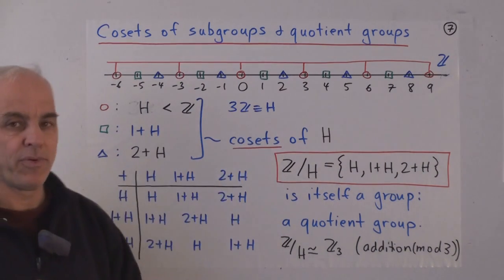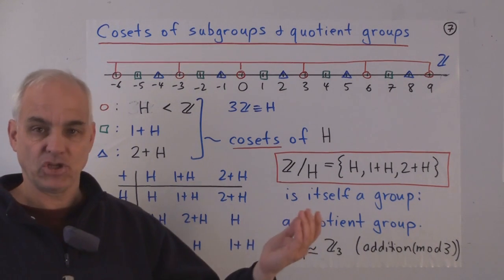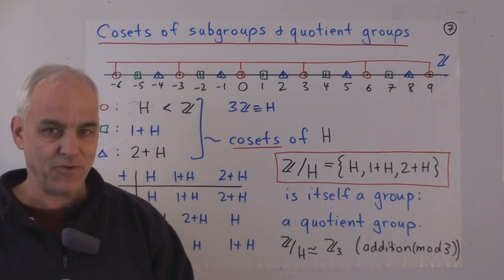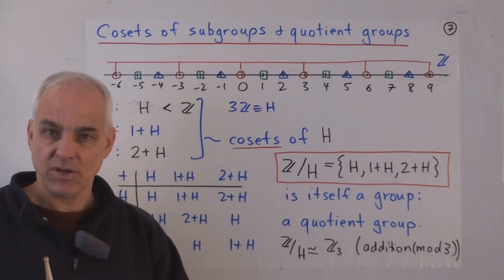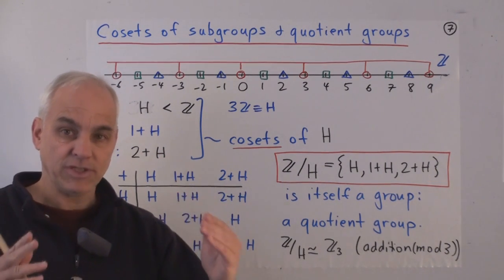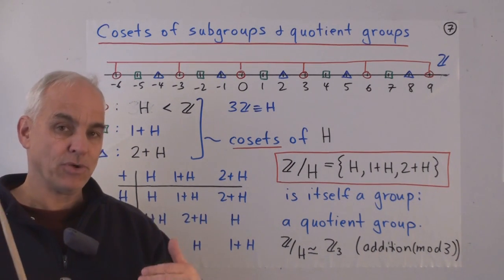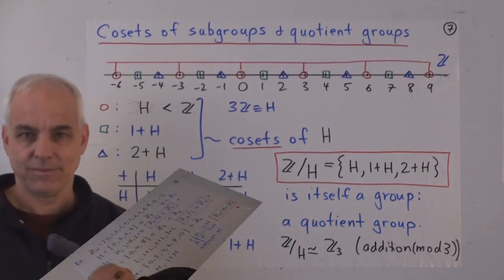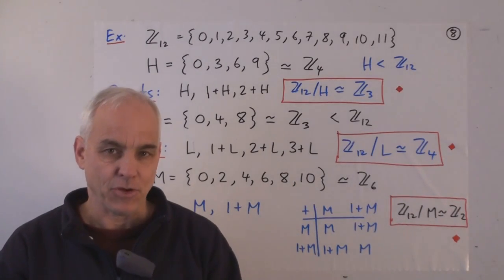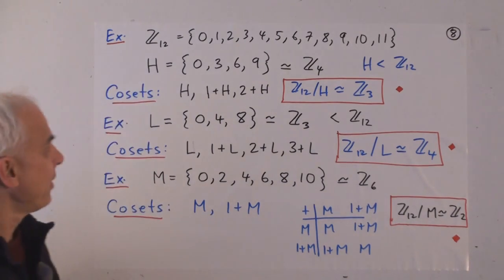So we have a commutative group, G. We have a commutative subgroup, H. Well, any subgroup of a commutative group has to be commutative. Then the quotient G mod H can be thought of as the cosets of H in G. And those cosets can be added by adding representatives. So let's have another look at that concept in the finite situation, see what that looks like.